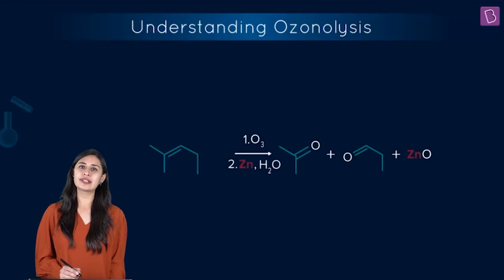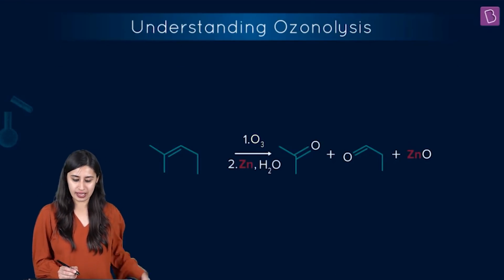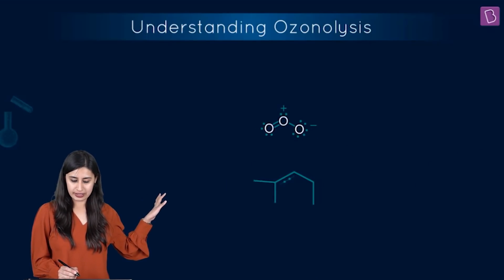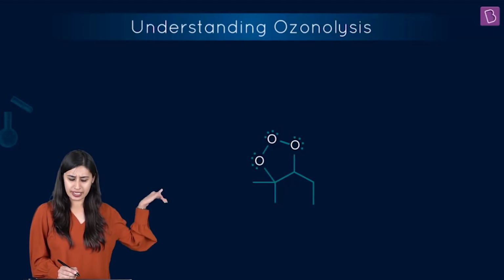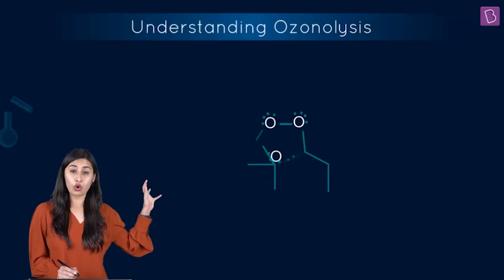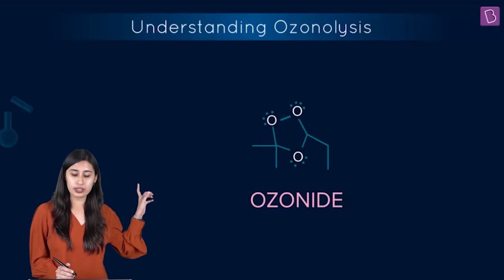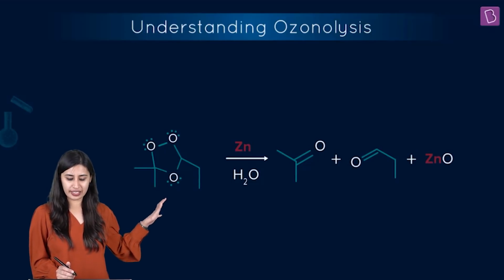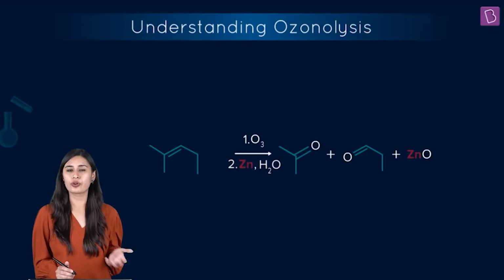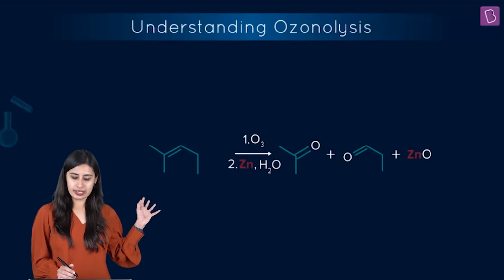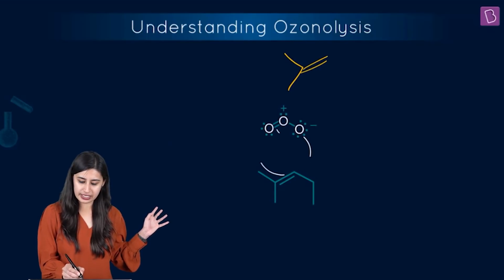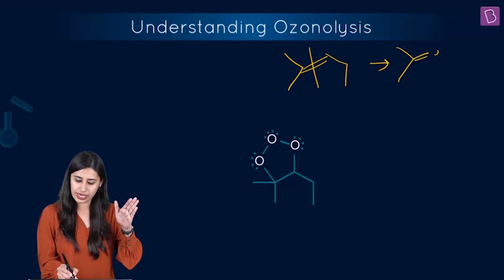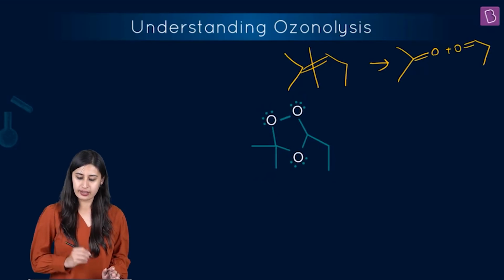Let's understand first what is ozonolysis. So we have a double bond, we take O3. This is how O3 is going to attack, right? This is what happens. You get this kind of a temple structure. Then what happens is ozonide gets formed. This is a very important intermediate which gets formed. And then on reaction with zinc and water, you get the ozonolysis product, right? So what you get, in simple terms, if this is the alkene which is given to you, you just cleave the bond and put the 2 oxygens across the double bond like this, right?